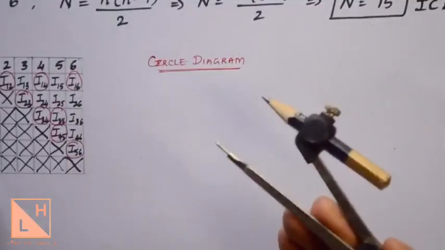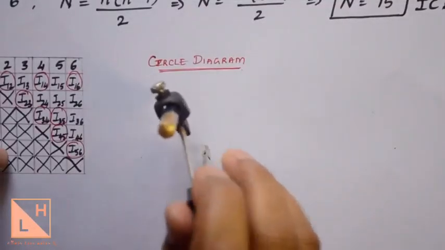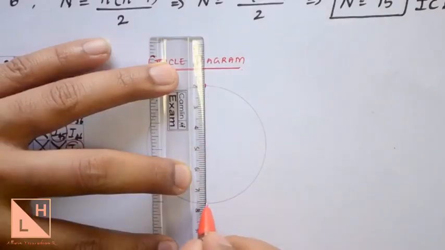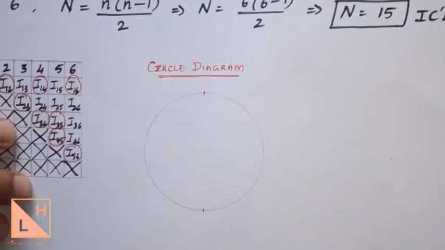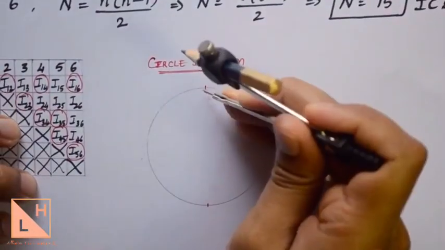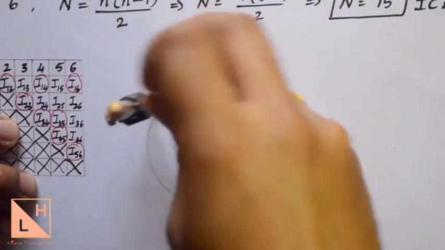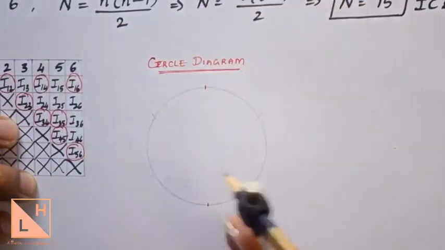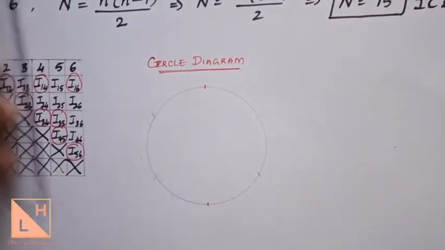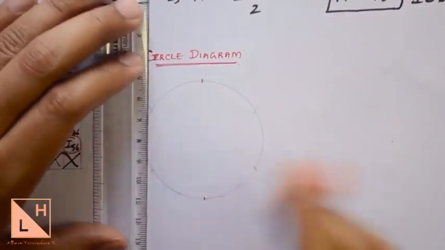You can take the compass of any radius, you simply draw a circle. So mark 2 points on the circumference vertically, keep the same distance of the radius of the circle and cut the arcs from the points that you have marked. Join these 6 points that are obtained and you will get the hexagon.